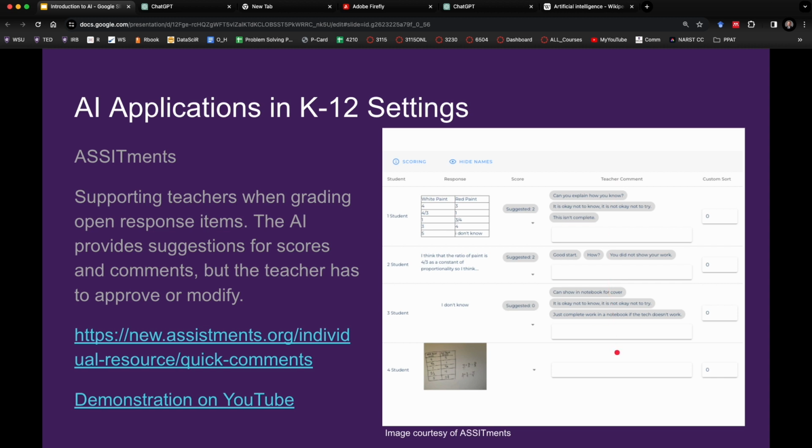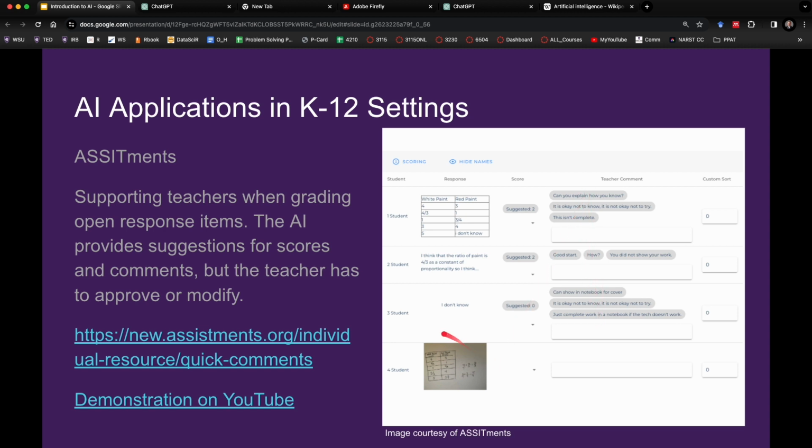Now, teachers have to supervise this. So unlike Amira is making decisions and providing real-time feedback to the students. It's not supervised. In this case, the AI is supervised, where the teacher has to accept these suggestions. So these two options, these are 2 points. This is partial credit, I think, because they were supposed to be even more of a response, that they had to explain why. In this case, student number 3, it said, I don't know, and the AI correctly suggested this is worth 0 points. So these two are getting partial credit, and here they're asking for a little bit more